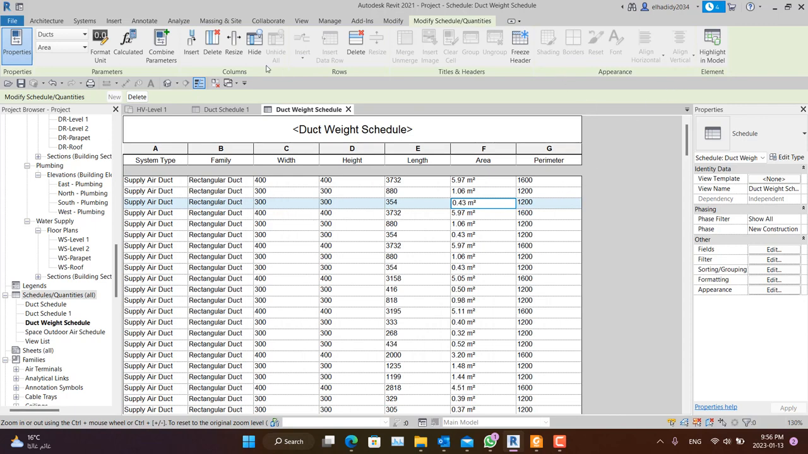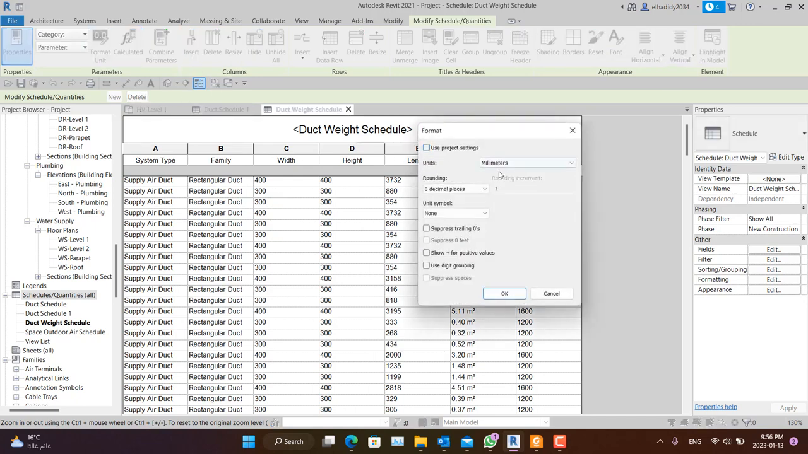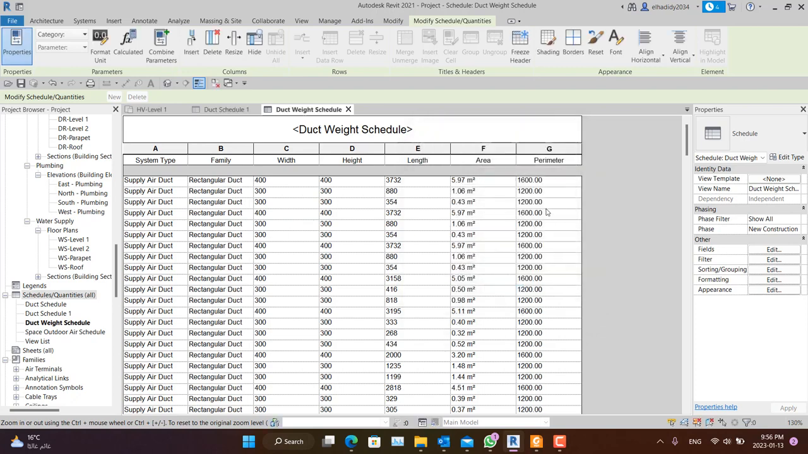We are gonna make it the perimeter. Choose the format unit in millimeters. I'm gonna choose 2 decimal millimeters. This is the perimeter. Now we need to calculate the volume, but the volume is equal to the area